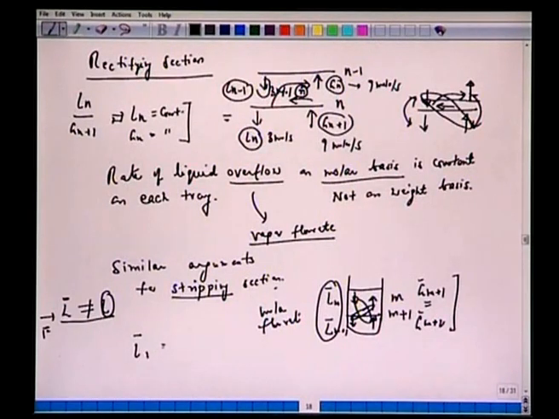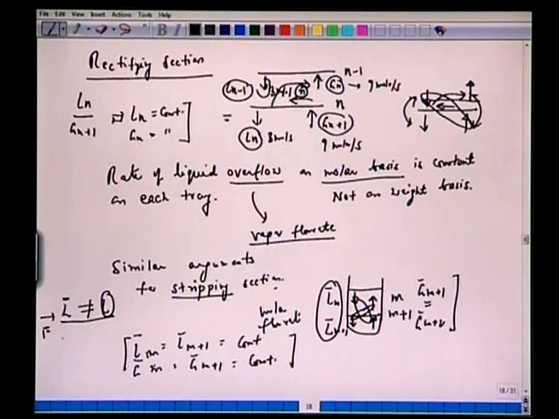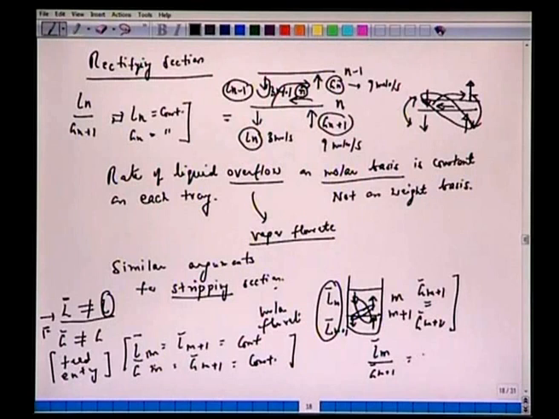So L bar 1 or L bar 2, or M, M plus 1, etc., is constant. Similarly, G bar M, the same as G bar M plus 1, is constant. Of course L bar won't be the same as L, and G bar will not be the same as G, due to the feed entry. And here, by the same argument, starting from first principles, one can say that L bar M over G bar M plus 1 will also be constant.